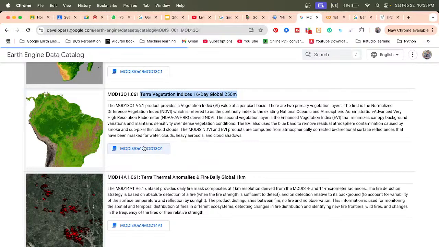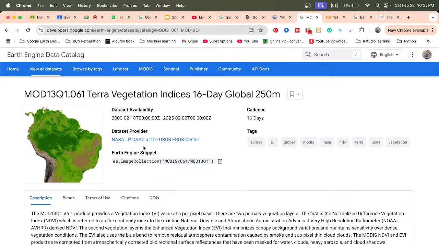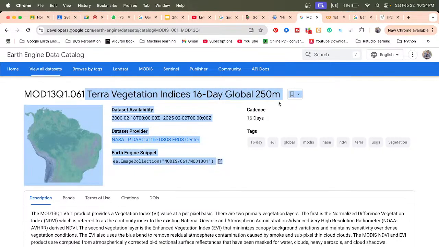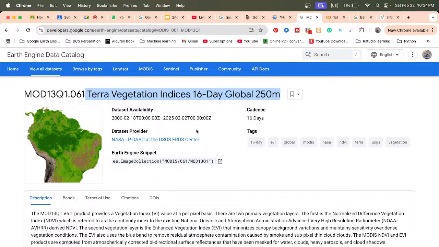Just click here. Now you find all of the information about this data. Basically, it is the vegetation indices 16-day global 250-meter resolution. Here is the dataset provider, it's available from the year 2000 to 2025, and this is the unique ID. Basically this is the directory, and from this directory you can easily access the data. So first of all, you need to apply this. I just copy it,